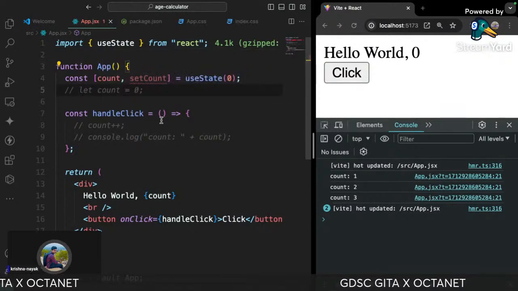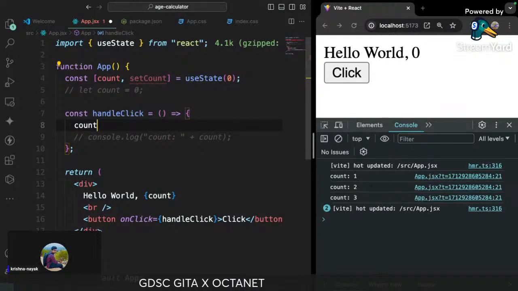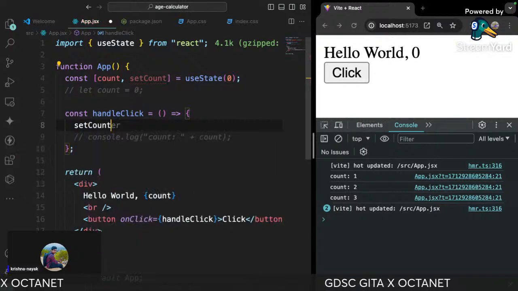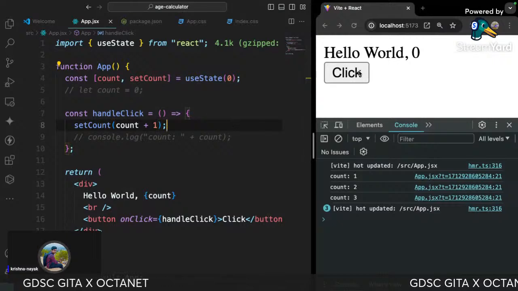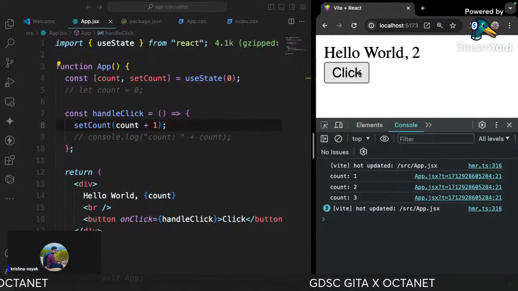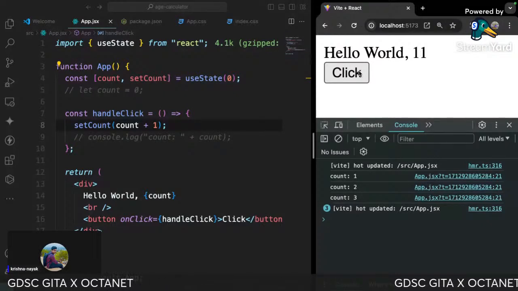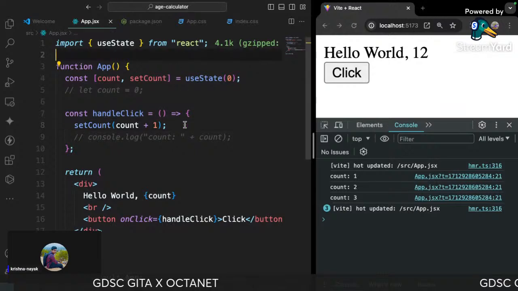Now what we are going to do is that on clicking this, I want setCount count plus 1. Let me see, does this change? See, so how does it work? So what happens here